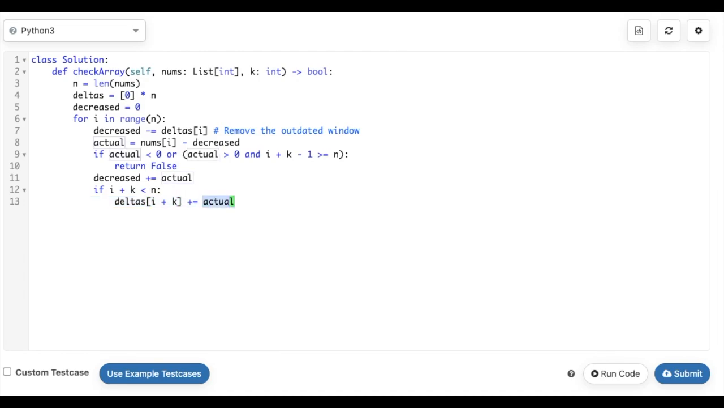Basically, just mark when this actual update is going to expire. As I mentioned a couple of times, the time that it expires is i plus k, because the window size is k, and i will be the first affected by this k-size window, and i plus k minus 1 will be the last one on that window. So i plus k is the first time that this actual change is going to expire. And then after we do all this for loop,